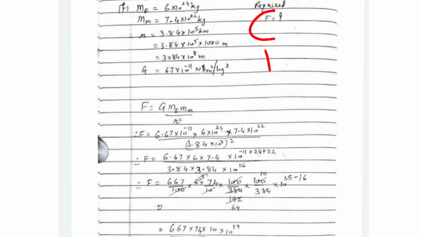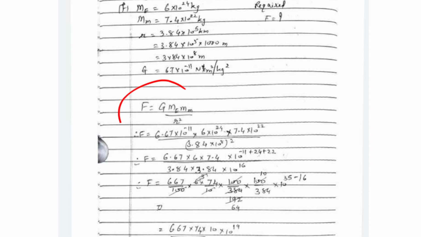What is given? They are told to use G equal to 6.7 into 10 raised to minus 11 Newton meter square per kg square. So that also I have to write down in the data. So in the data, what is given? M of E, M of M, R, and G is given, and you have to find out F. So let us use the formula for F. Formula for F is GMm upon R square. Now what is Mm? Capital M is ME, and small m is MM.